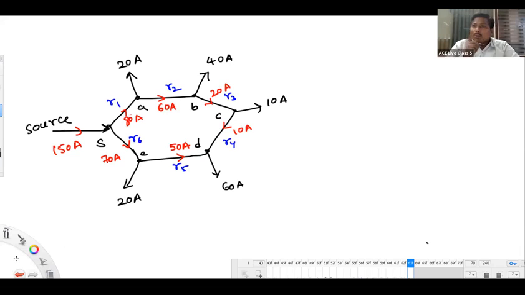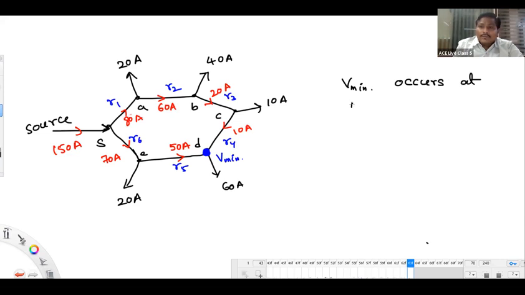See, for what load point we are getting current from both sides? D. For D, you are getting current from both sides. So this point will experience the lowest voltage. Okay. So V minimum occurs at